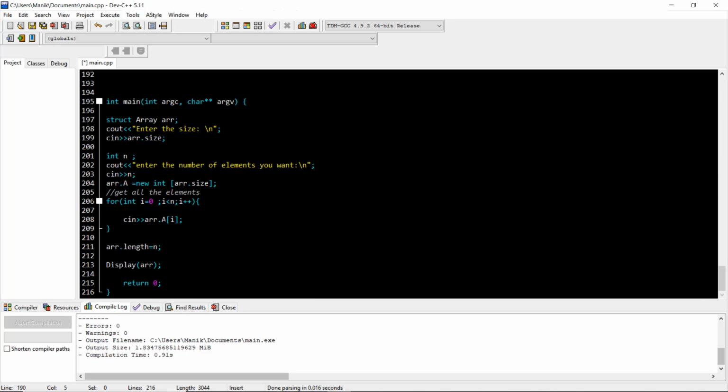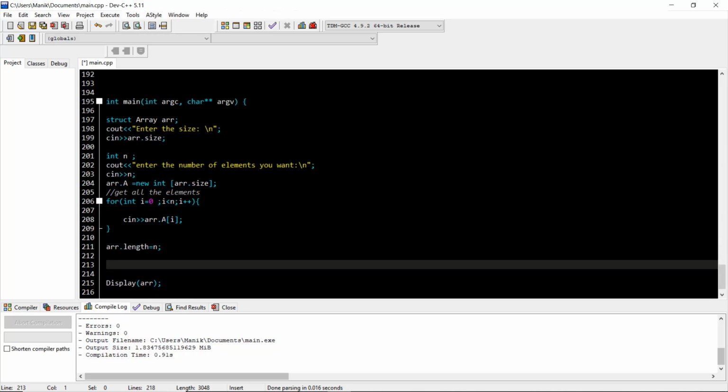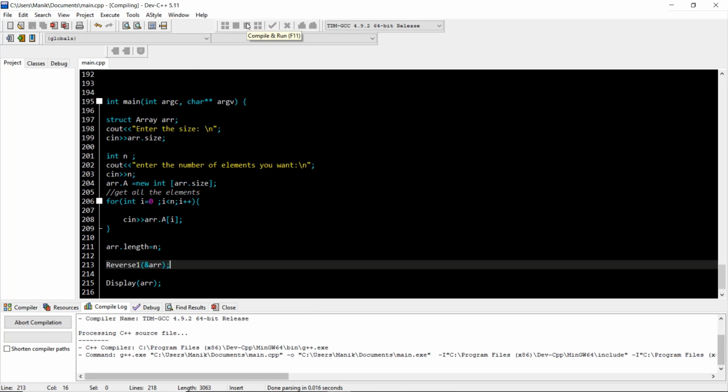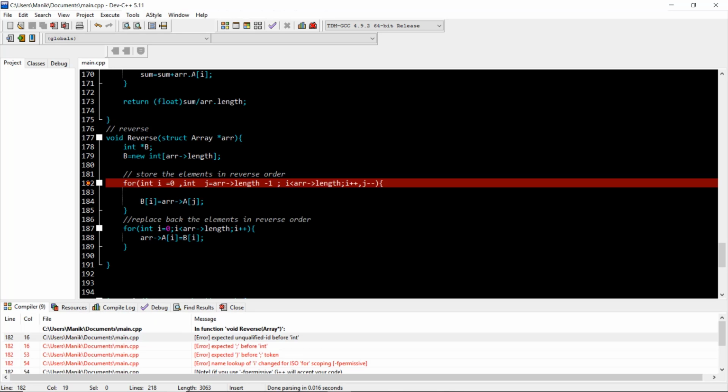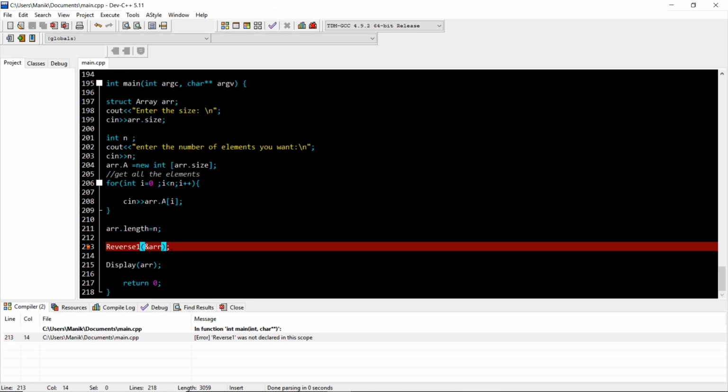Now let's see what it looks like. So reverse 1 ampersand arr. Okay, so let's see, is it working? There is one mistake that we did. Star was not declared in this scope.